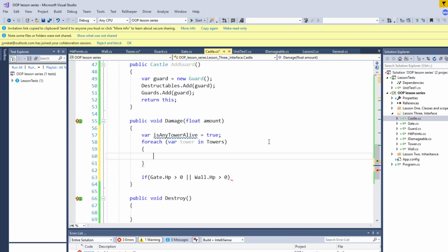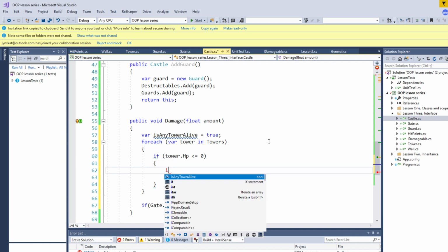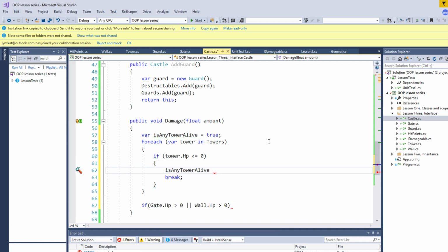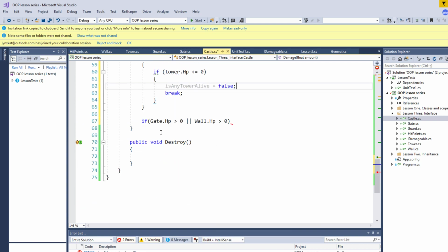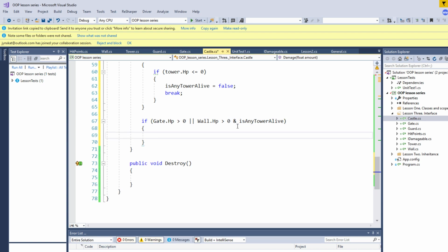So for each tower in towers, if tower HP is less than or equal to 0, we break the loop and set that tower is down. So towers are not alive. So if all of those are not alive, we can hit the guards and